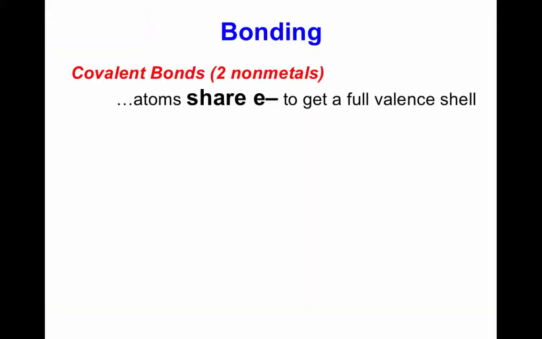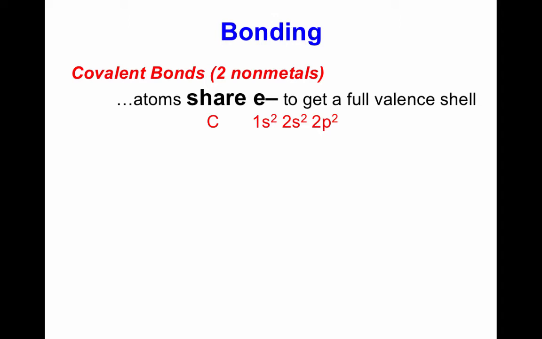So let's talk about how these nonmetals bond to form covalent molecules. For covalent bonding, the nonmetals bond together through a sharing of valence electrons to complete the octet rule. This is differentiated from an ionic bond because in an ionic bond you have a cation giving a valence electron and an anion taking a valence electron. So you have a give-take. In covalent bonding you have sharing. As an example,